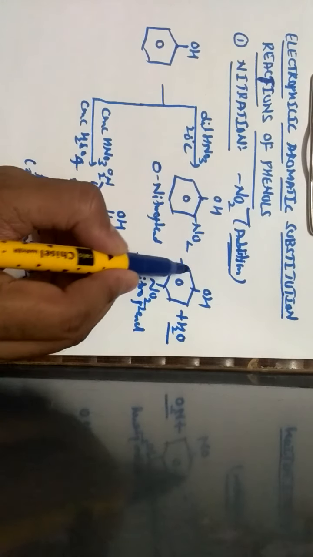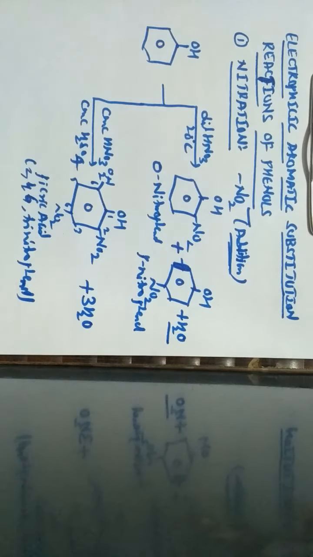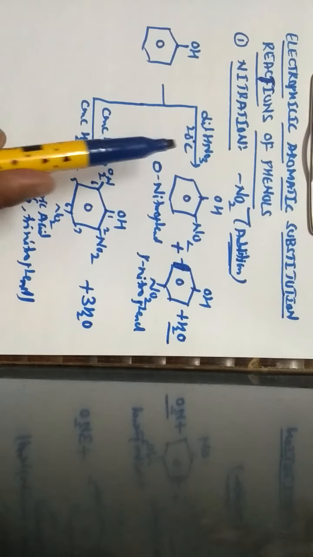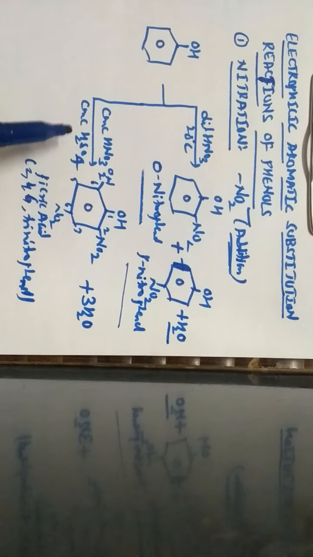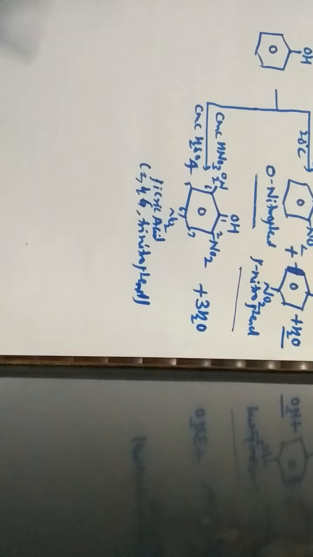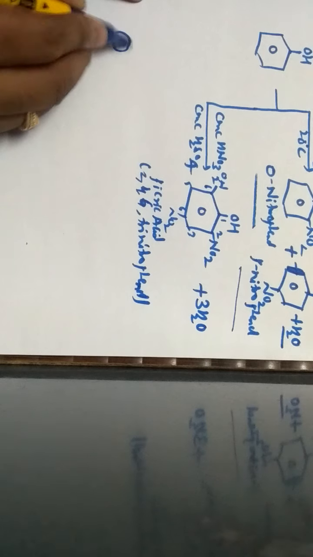So this is the chemical reaction of nitration with reference to phenol. When phenol is subjected to nitration, we can expect two different products at two different conditions. One, using dilute nitric acid by maintaining a temperature of 20 degrees Celsius, we get orthonitrophenol along with paranitrophenol. And when it is made to react with concentrated nitric acid in the presence of sulfuric acid, we get 2, 4, 6 trinitrophenol along with the formation of a water molecule. After discussing the first one, the second one is called the halogenation reaction.